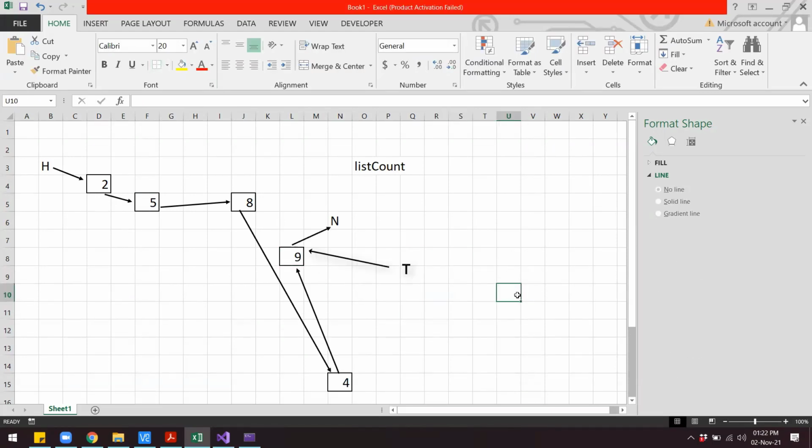So that's how the list would look after we have appended all these numbers. So we have the head pointer pointing to the node with the value 2, then 5, then 8, then 4, and then 9. And also the value of list count will be 5 because there are 5 nodes in my list, right? 1, 2, 3, 4, and 5.